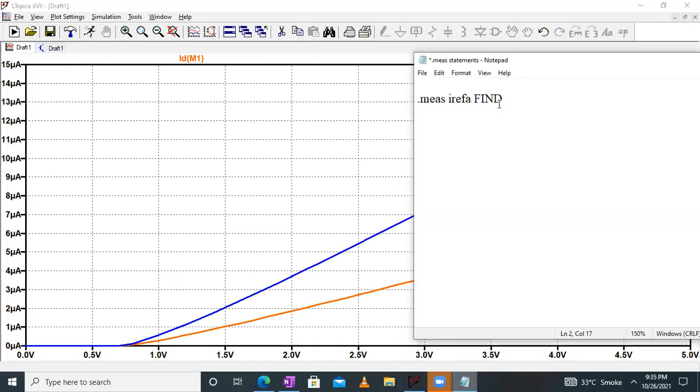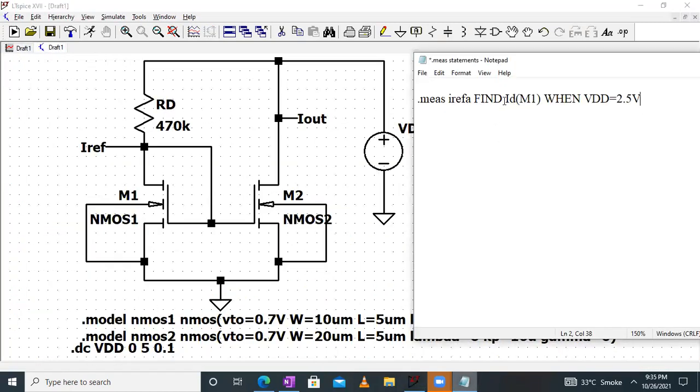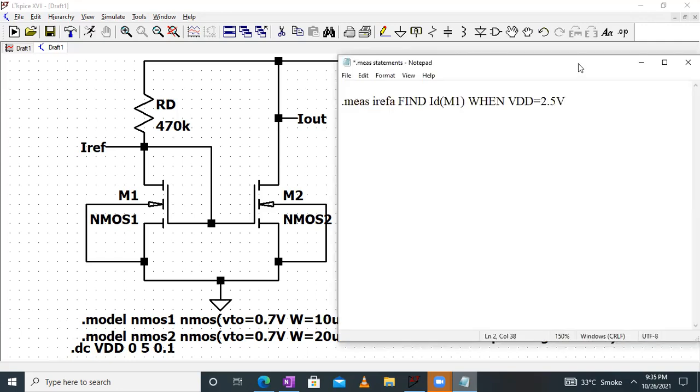So we'll write find ID of M1, that is the drain current of M1, when VDD is equal to, how much is VDD? It should be equal to 2.5 volt. Okay, so that's the statement we have over here. The statement will give you the value of I reference when VDD is equal to 2.5 volt. Okay, so we'll add this dot measure statement.